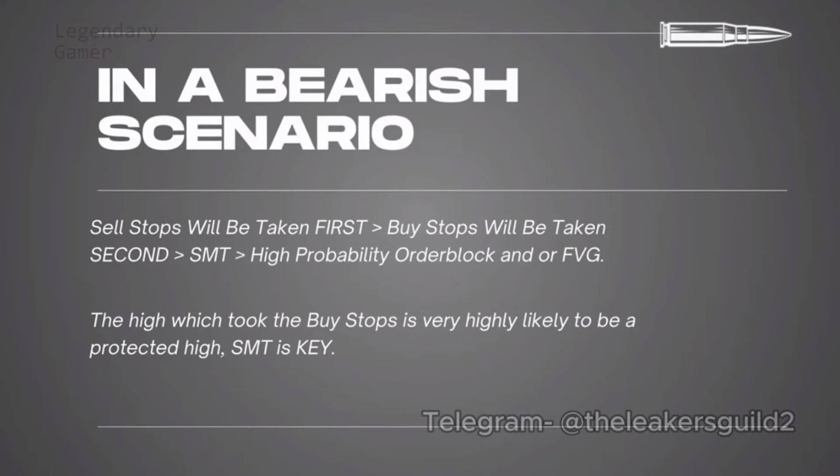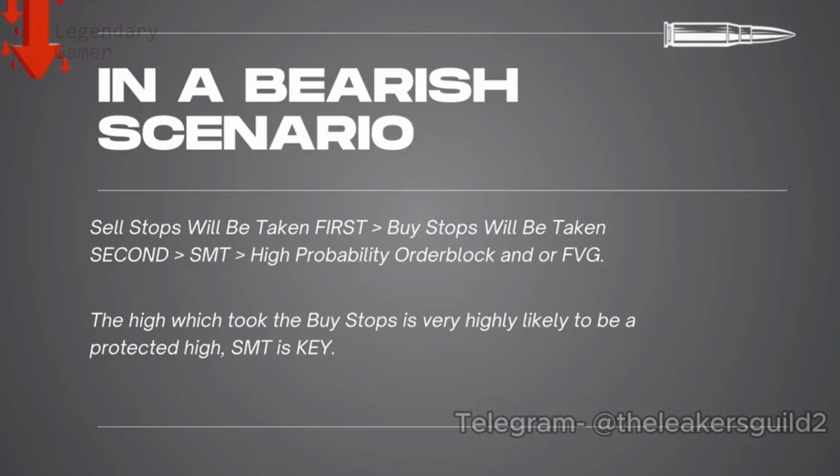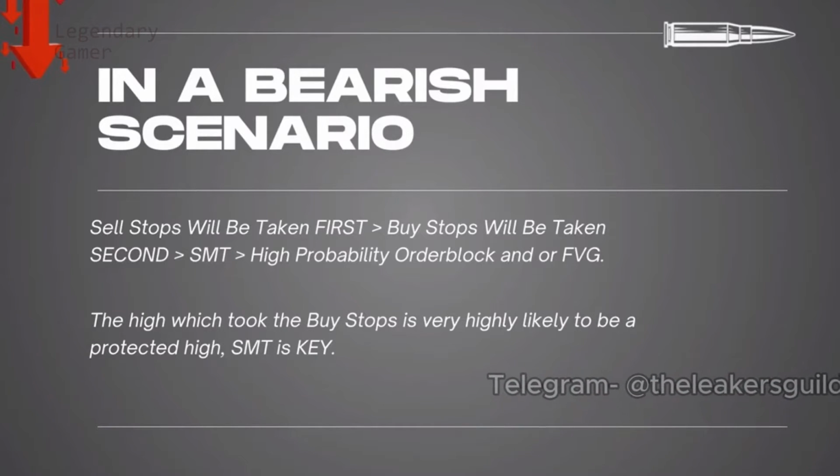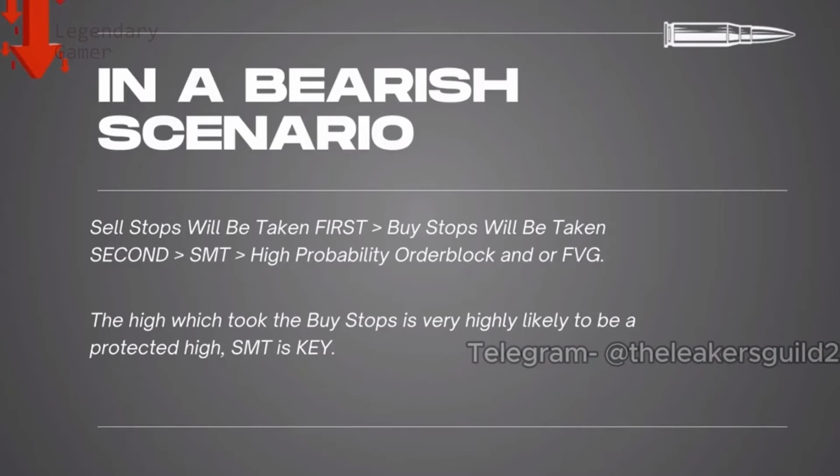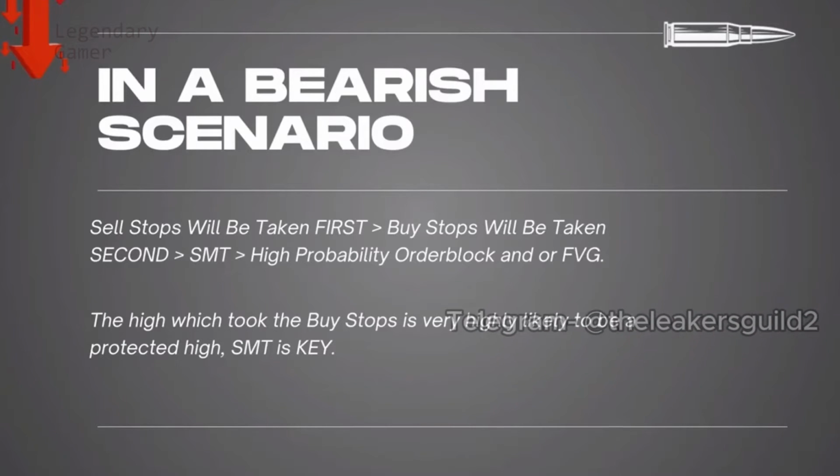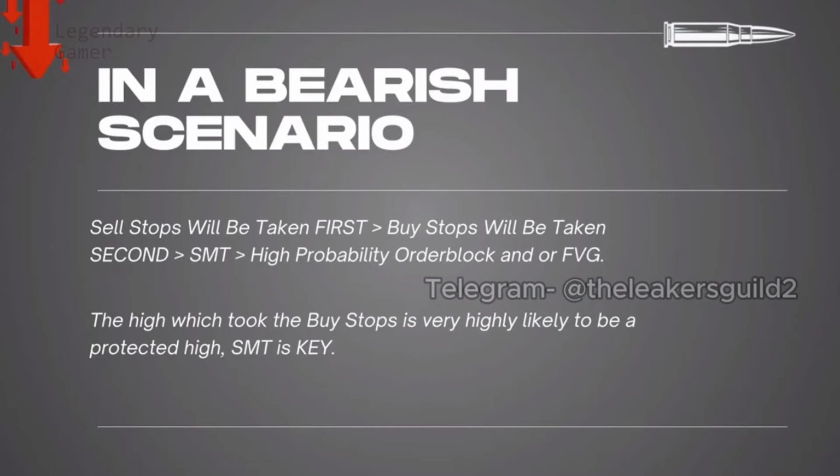above or below. So in a bearish scenario, sell stops will be taken out first, and then the buy stops will be taken. And what are we going to be waiting for? Once those buy stops are taken, we want to see SMT, because that is where that high probability order block and or fair value gap forms. The high which took the buy stops is very highly likely to be a protected high, and then again SMT